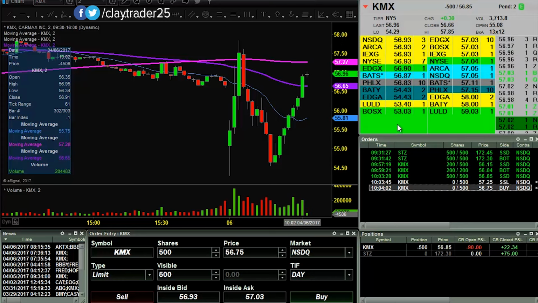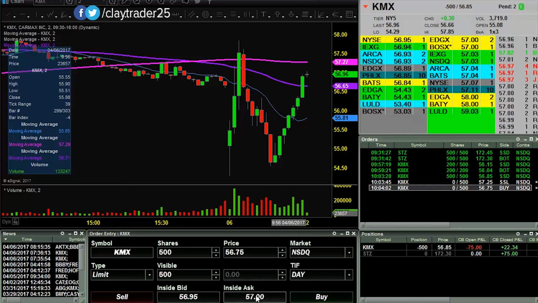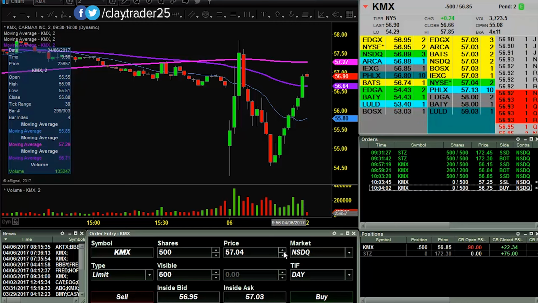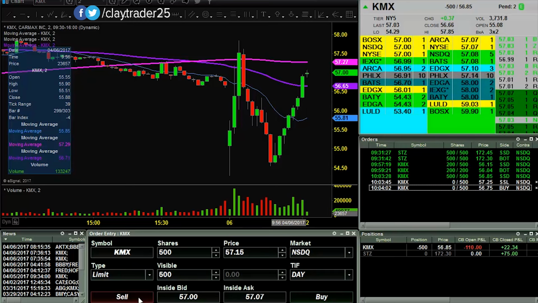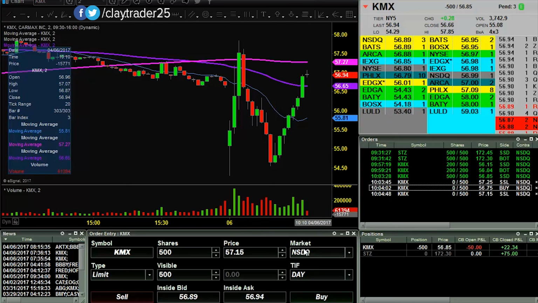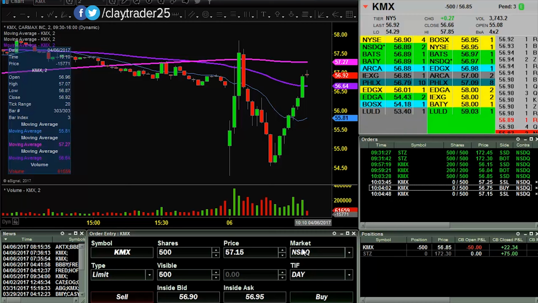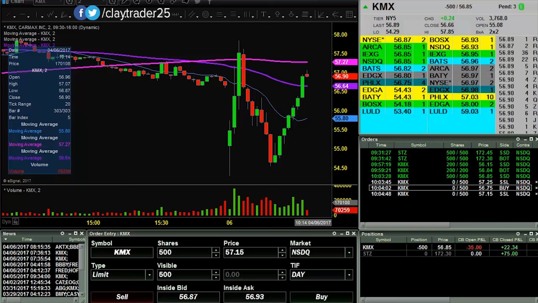Okay, there's the breakthrough, 57. Well, I was hoping for a little more emphatic break than that. I'll try for some at 57.15 too. All right, I'm going to pause it so this doesn't drag out too long. If it looks like I'm going to be able to add more, or if I'm going to get out for,